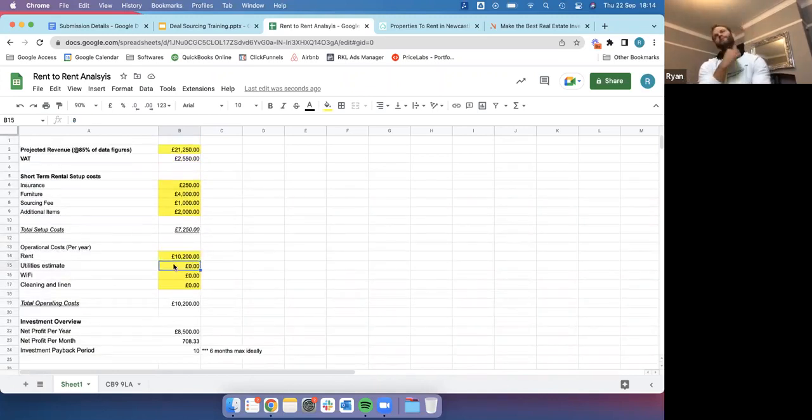Utilities, again, I tend to think about worst case scenario: think about what it costs to run your house, figure out how big your house is. If you've got a 2-bed house, think, okay, if I had another 30% on, then that's probably roughly what the utility bills are. It's so hard to get this right, but if we just said here equals 500 quid times 12, which is probably there or thereabouts. Wi-Fi, whatever, 40 quid